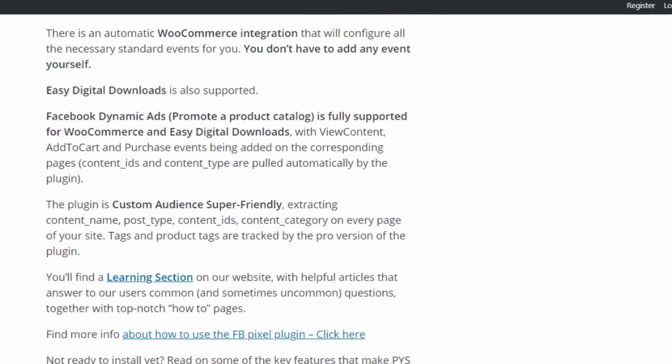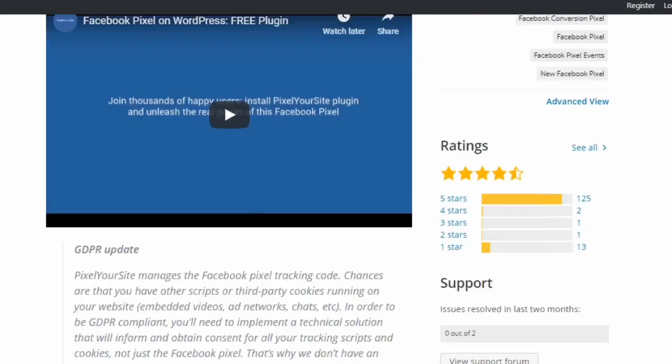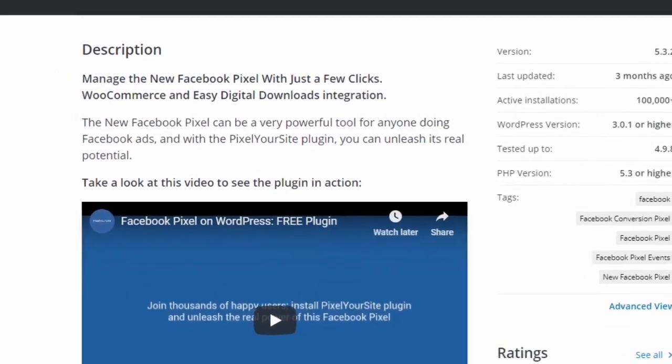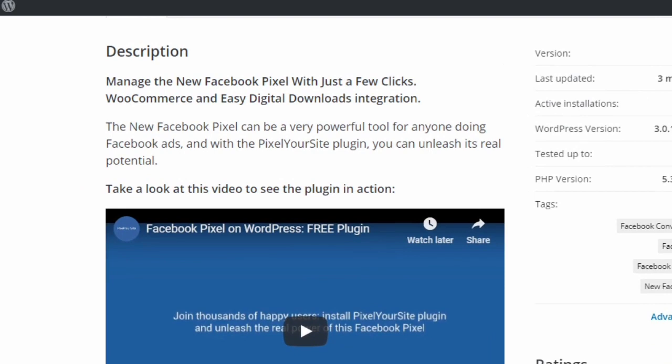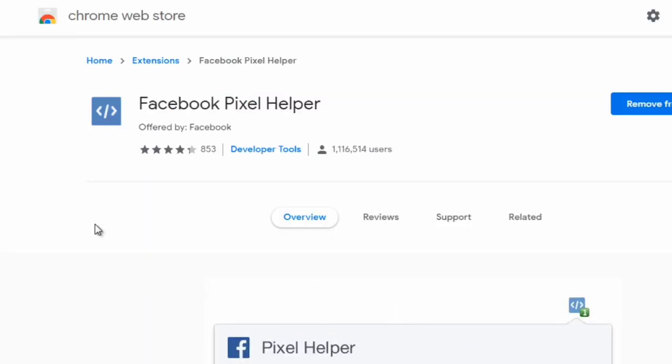So it's a matter of just simply installing the plugin, grabbing your pixel code, and adding it to the settings area. So it's very, very easy, even if what we talked about before seemed a little bit daunting. Now, once you have everything installed, the next thing you're going to want to do is